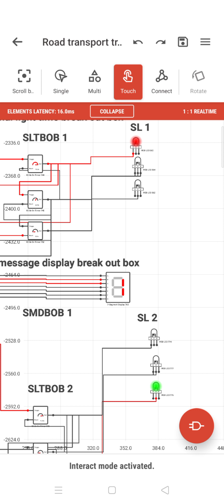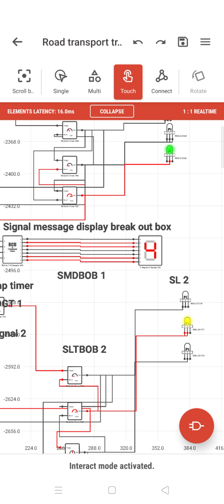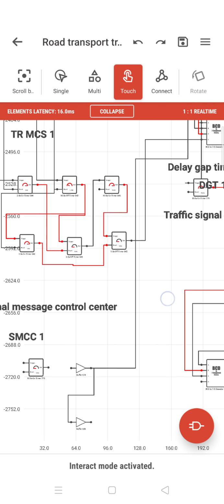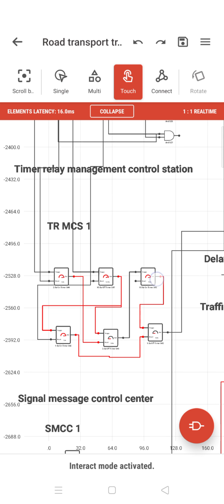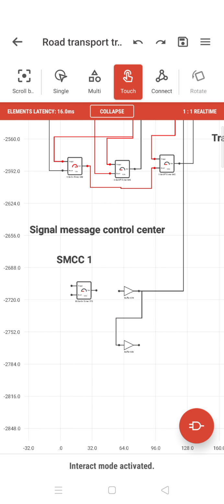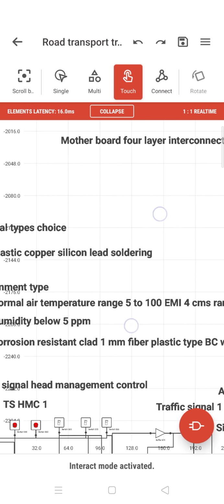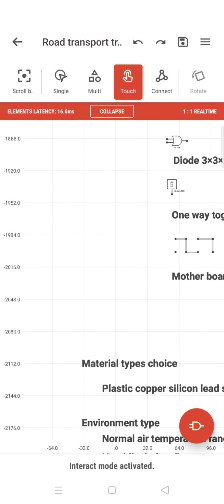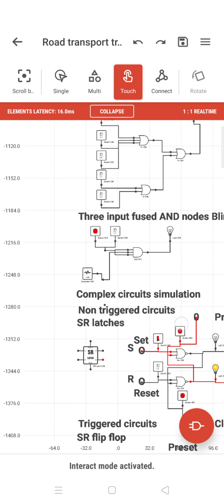Okay, if you have a red on one side, you have a green on the other side, and you have to give a red on both for some time, and then turn on the red and give a green control here. It's not coming out green, so we'll do it later. Then that green goes off, then you have a yellow signal, so that you stop and the other one goes on. And what kind of messages you want to show, those kinds of things. So this is a timer control section, and this is the signal message control section. Okay, so that is all for now. You saw how the things work, and what the various things are, and that's all for today. Okay.